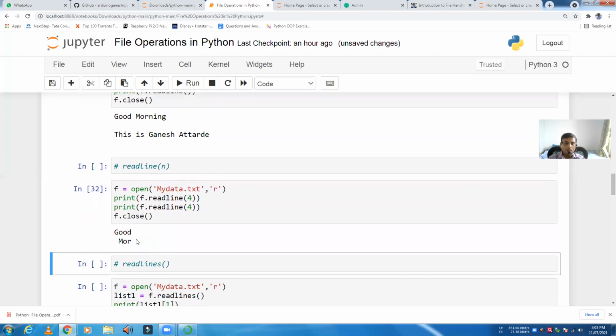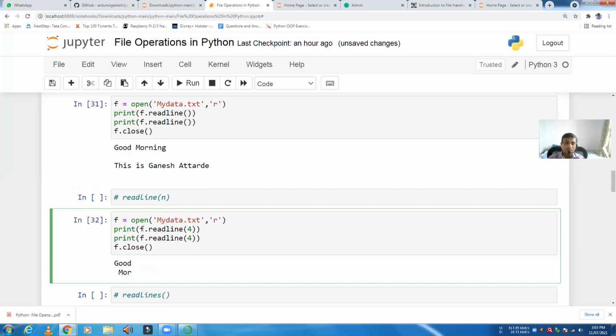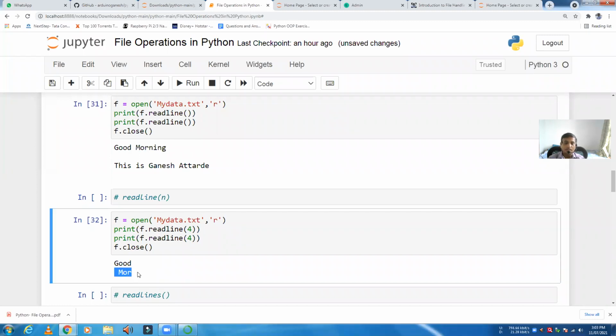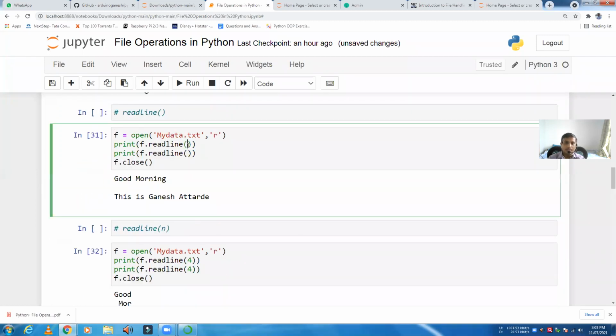Then if I am using this, then actually in the second line it does not come from the main line. Okay, because the characters are still remaining. So f.readline(4) will read up to the good, and when you are using f.readline, it will not read the next line. Okay, because the characters are in the character buffer, so until those characters are read, it will not go ahead. So that's why you are reading the next four characters. Getting that? So if you want to read the first line, second line, don't give the argument here.